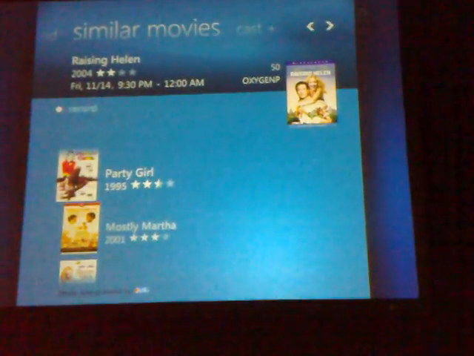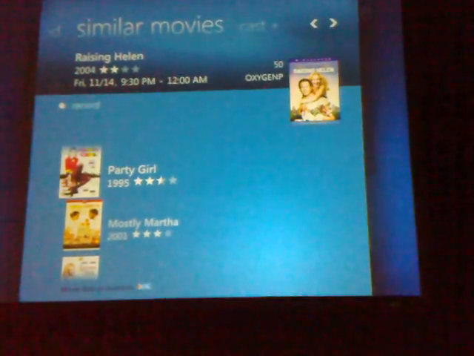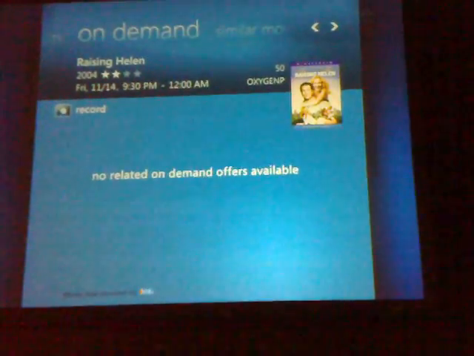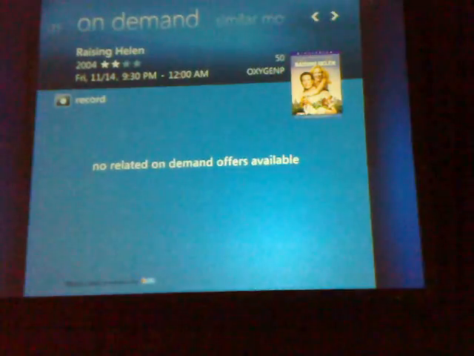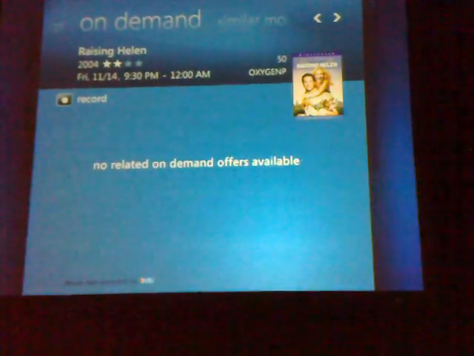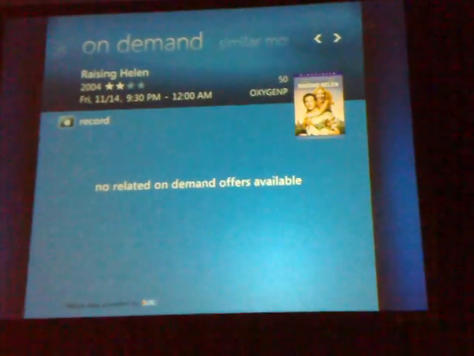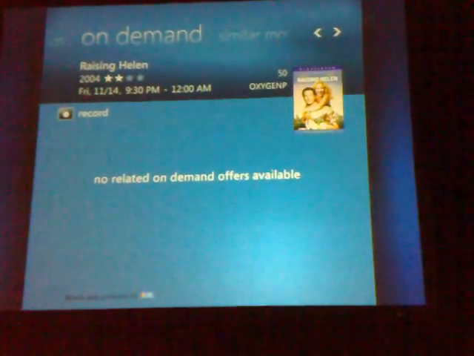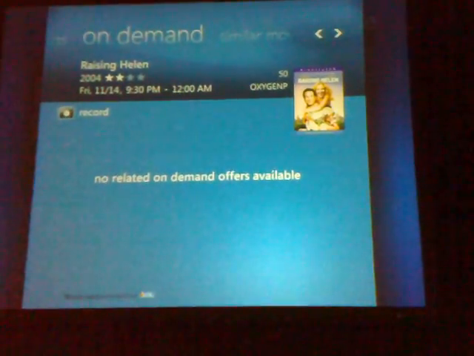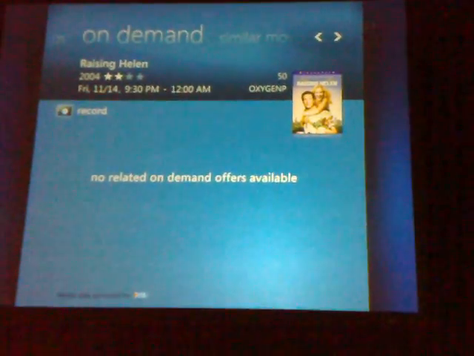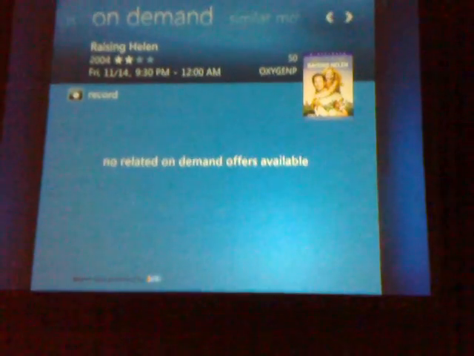I can go down and select any one of them and find out more information about it. And then here's a spot. We don't have any data coming into this, but we can also associate a movie like Raising Helen with all this on-demand content. So not only are we driving the richness of that specific show with all of its other shows related to it and all the other things those actors are related to, we're also relating that